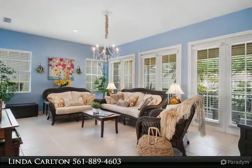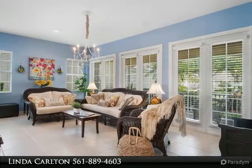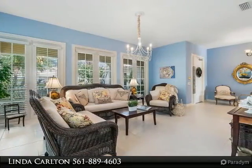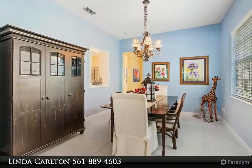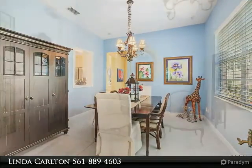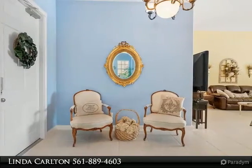Additional matching built-in cabinetry is located in the dining area. HVAC replaced in 2016. Neutral tile is found throughout all living areas with brand new carpeting in all bedrooms. Home is airy and bright with sliders opening to the freeform pool that has a custom finished rear patio deck. Arguably one of the most spectacular lake views located in VillageWalk, it provides